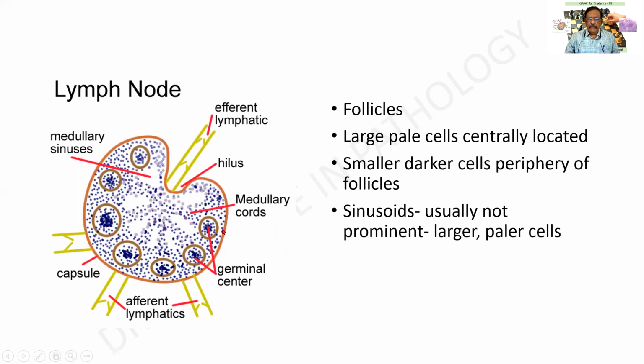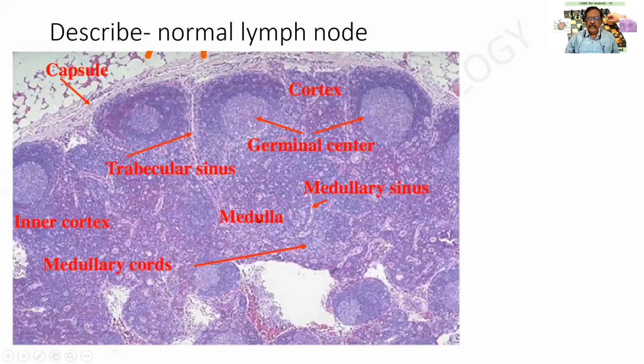Again, a diagrammatic picture which you people can draw showing the lymphoid follicles, afferent lymphatics, hilum, and the efferent lymphatic. In the lymphoid follicle, we have got the paler area in the center and the darker area in the periphery, depicting these are the mature cells and these are the immature cells, and this entire structure is the lymphoid follicle. This is a normal slide. Know the normal, you will be able to identify the abnormal. We have to look for the capsule, which will be there, and the lymphoid follicle. Sinusoids are actually difficult to identify in a normal lymph node.